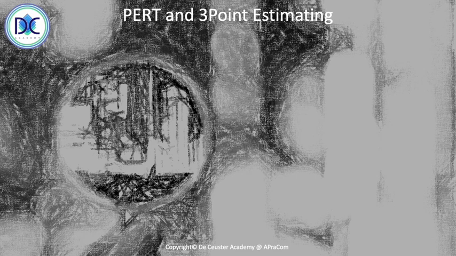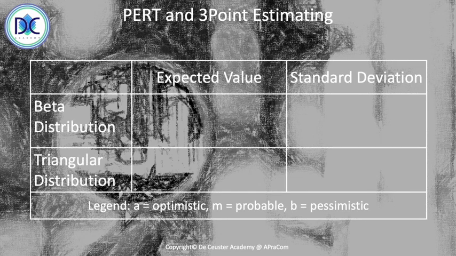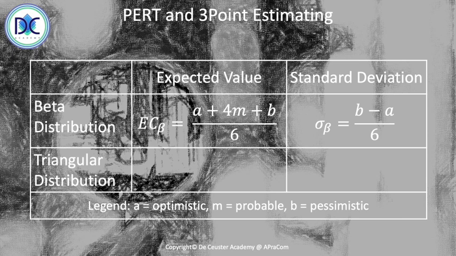With PERT we calculate an expected value and a standard deviation, where the estimation is done based on an optimistic, a probable or mode, and a pessimistic estimation. We consider the beta distribution, which we call the PERT estimation, and the estimated cost with the beta distribution is (a + 4m + b) divided by 6,